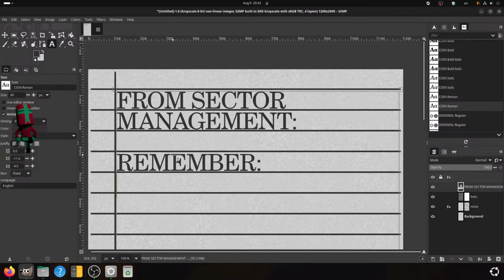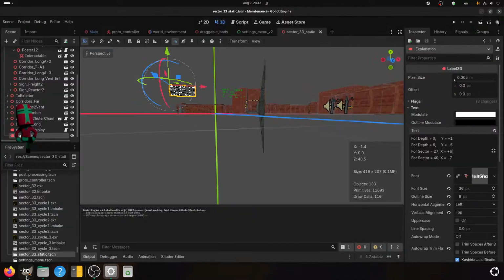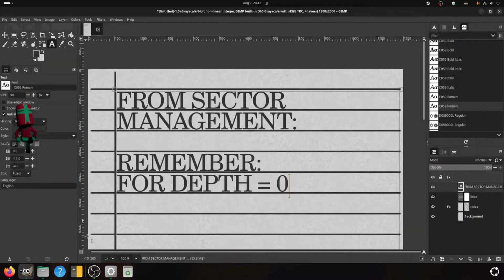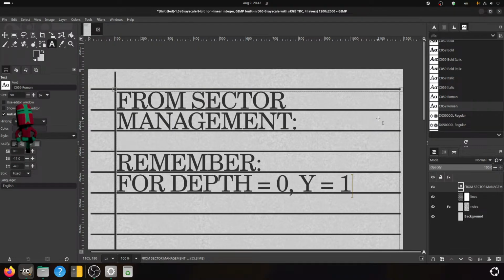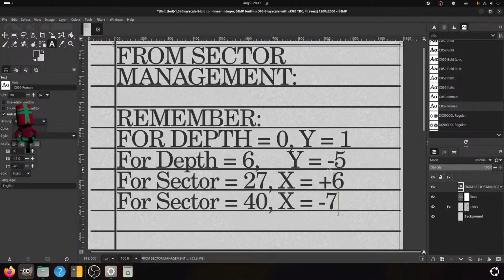Remember, for depth equals 0, y equals 1. Well, I think I can just copy and paste this. Yep, I sure can.